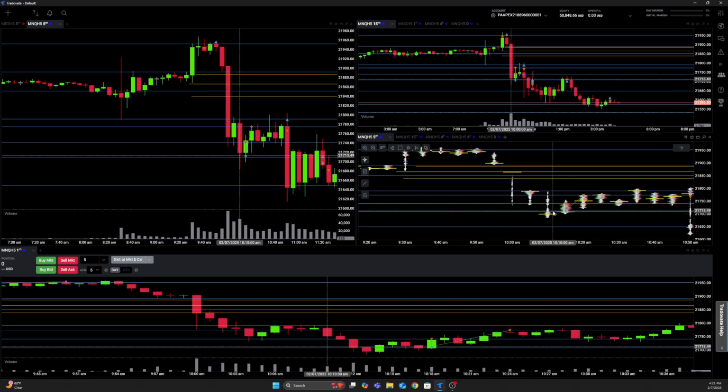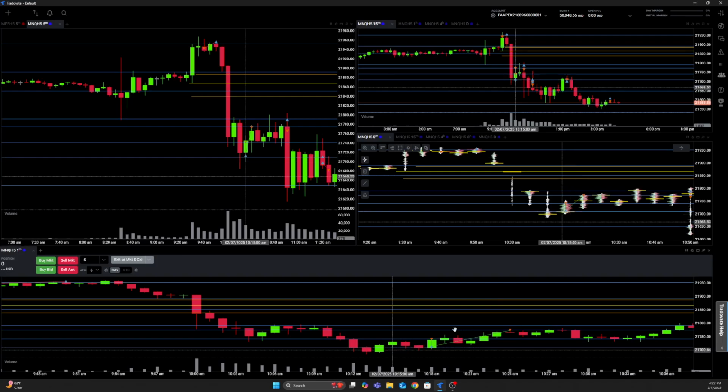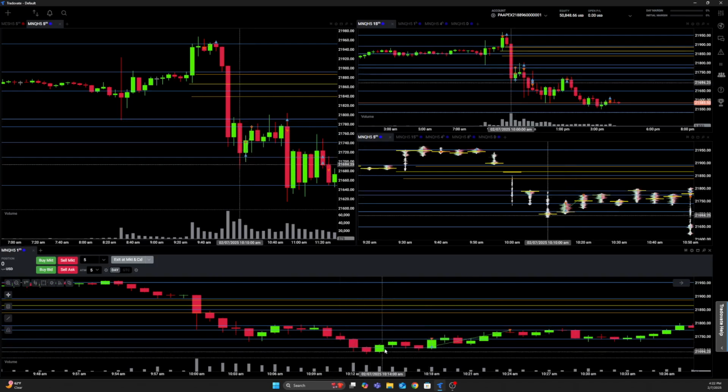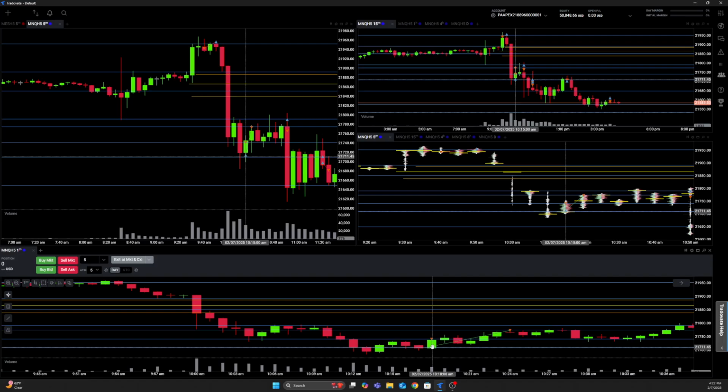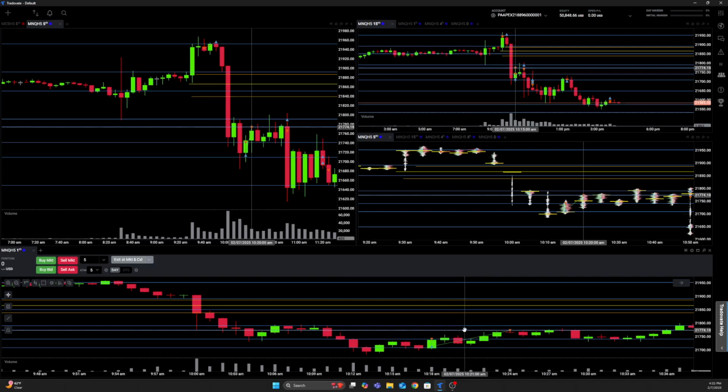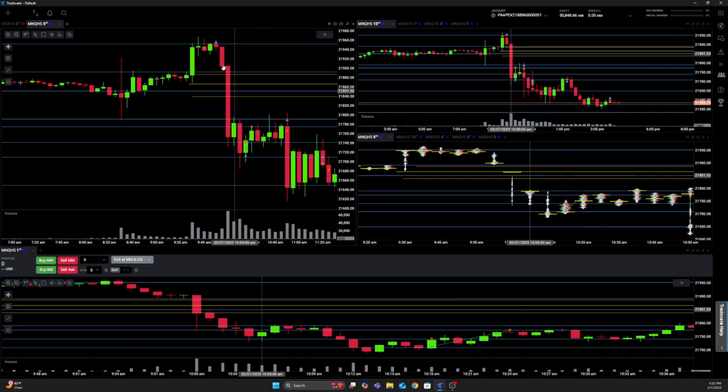That's an indication that that volume is buying volume, and when we see that at a level of support, that gives us an opportunity. So I entered long here. Once we held that level, we made a low, came up, made a higher low, and I entered following that. My first take profit was 30 points, which just happened to coincide with this level here. My second take profit was the next level up on my runner, which hit, and that was a winning trade that brought me to positive about 190 on the day after my first loss.